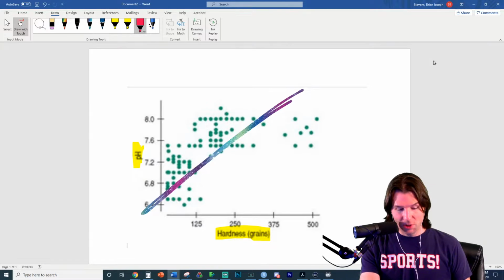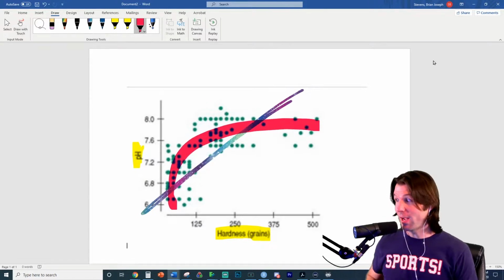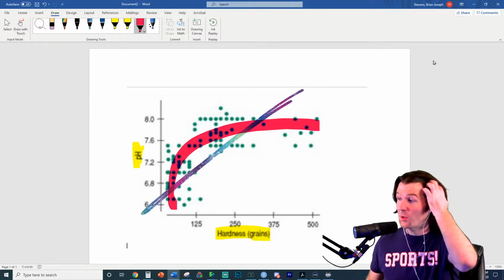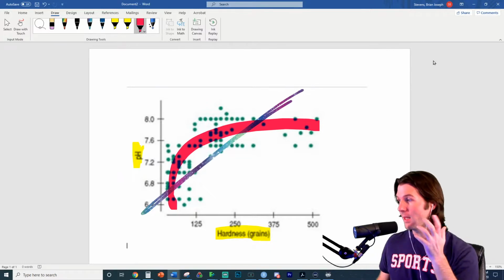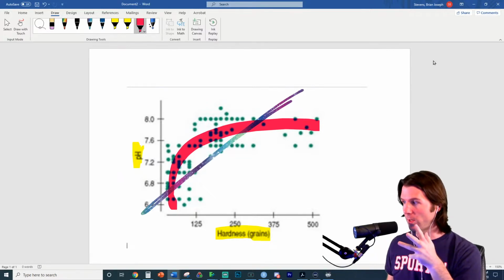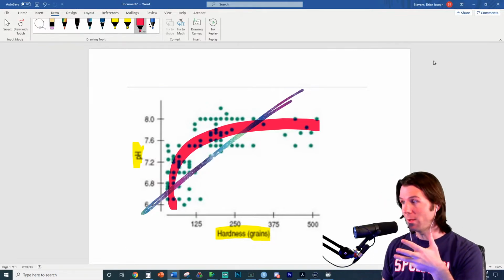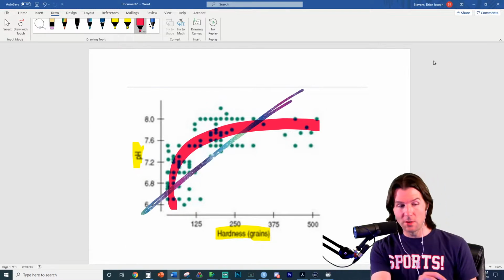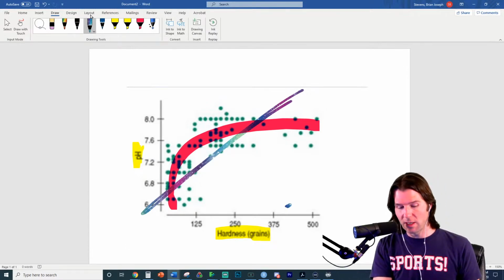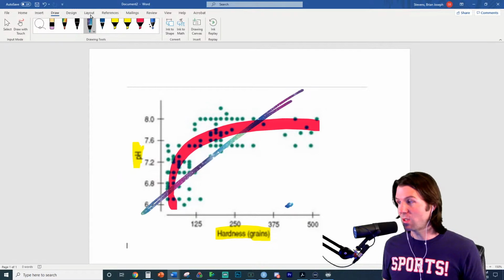So we got to highlight this. We got to show what the actual form is, and look at that. It's with highlighter now. So that is the actual form right there. The actual form is very not linear. So something is either linear or not linear, and this is not linear. The last condition, since it fails straight enough, is no outliers. No outliers would mean that we don't have extreme data points like down here. And we don't. So it passes no outliers.